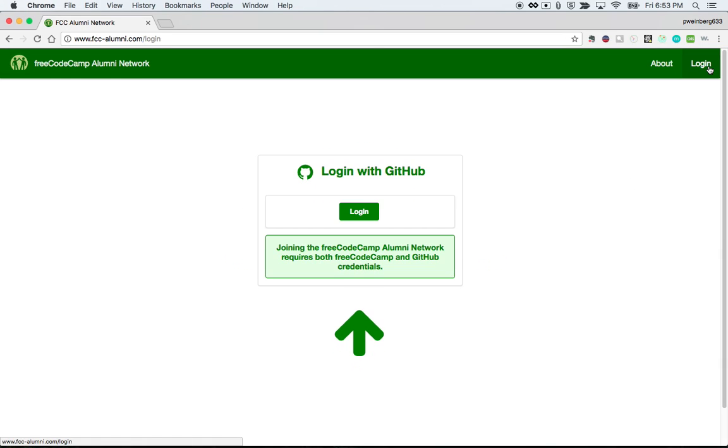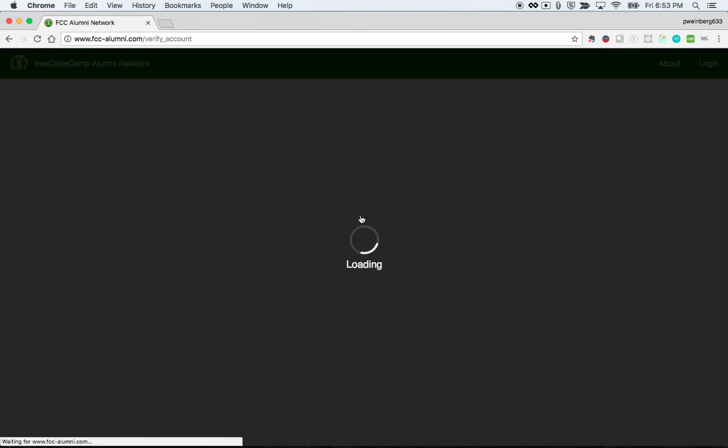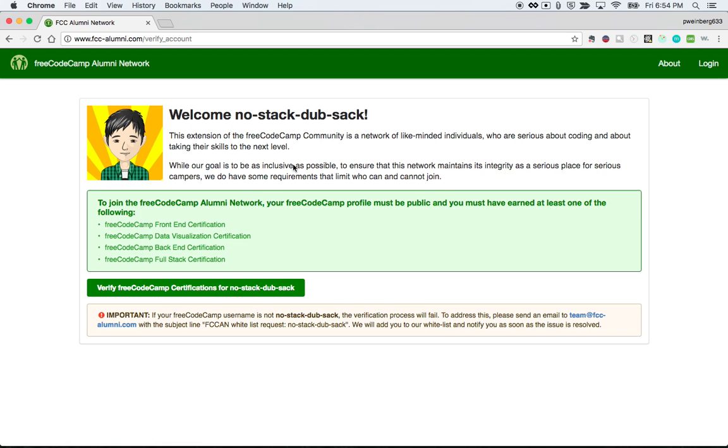So I'm going to come right over here to login, and as you can see we have GitHub login, so no new passwords or usernames for you guys to manage, nice and easy. I'm going to come here to login, and I've already authorized the application, so it's going to bring me right